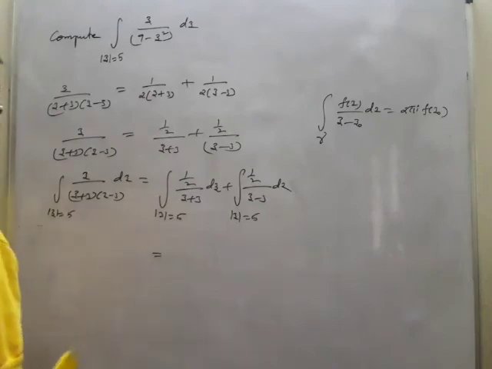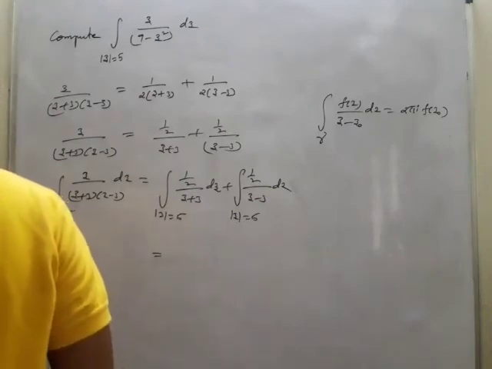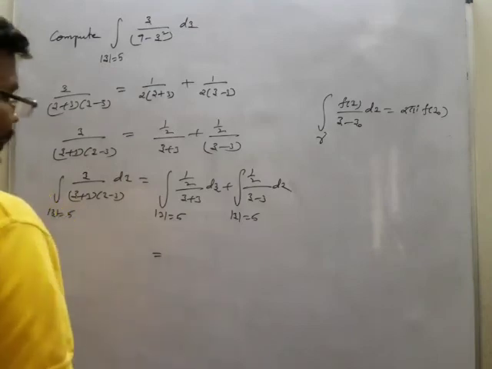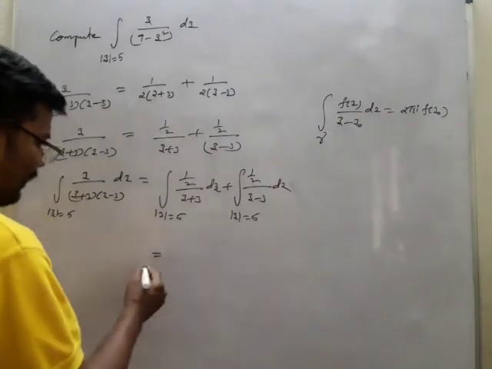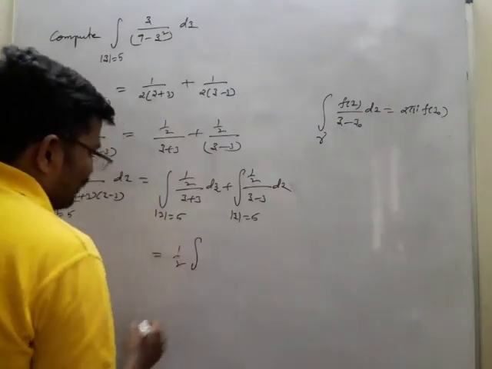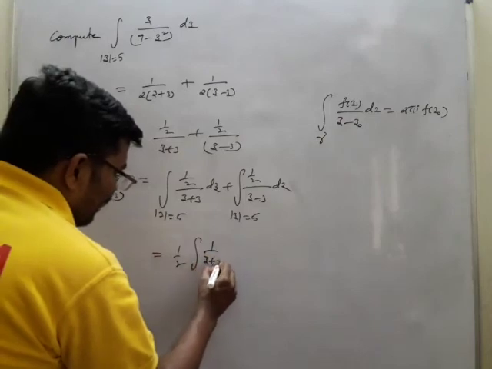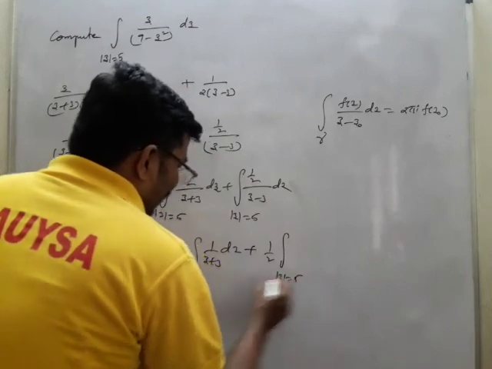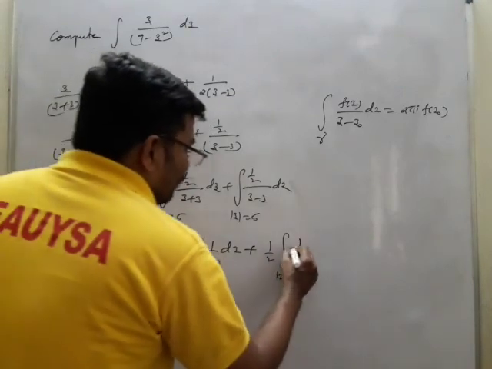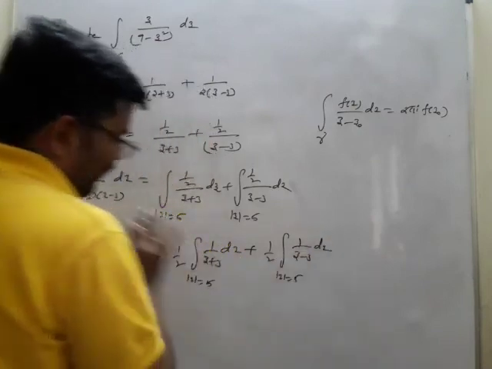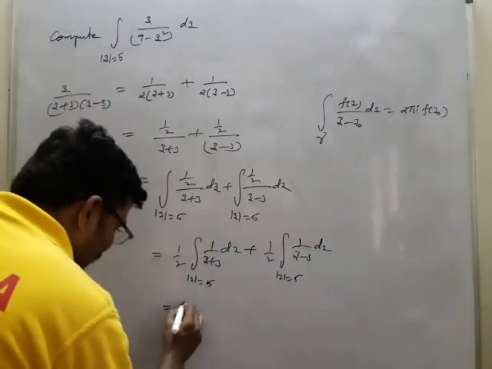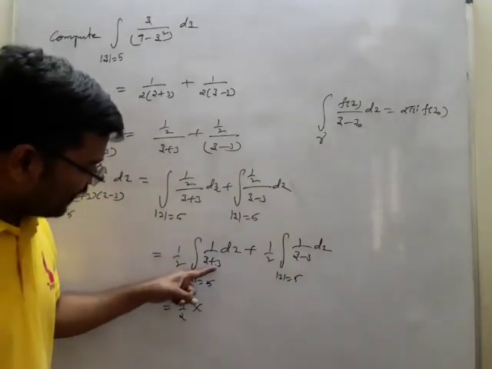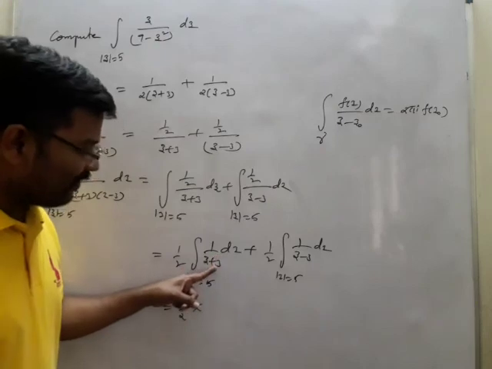So what is that now? The value f of z is equal to 1. I may take 1 by 2 outside, and write 1 by z plus 3 dz. This also I will take outside, over mod z equal to 5, 1 by z minus 3 dz. That will be easy for us. Now this is 1 by 2 into, f of z by z minus z naught. Here z naught means minus 3.